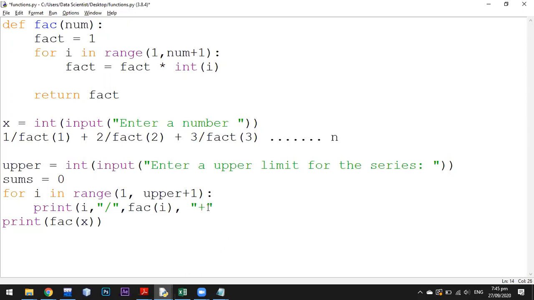This will differentiate them. Okay, let's remove it and run this.